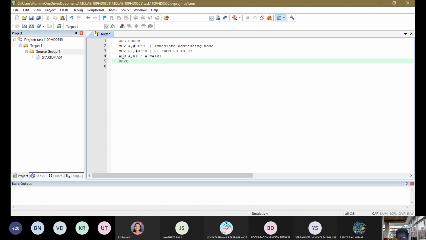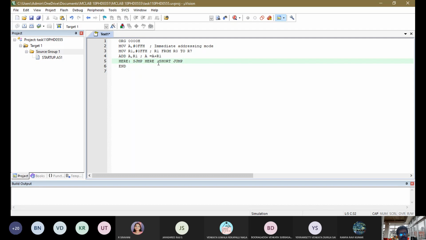Next, please note down here: a label, colon, then SJMP here. This makes the system stay in the same loop. SJMP stands for short jump.